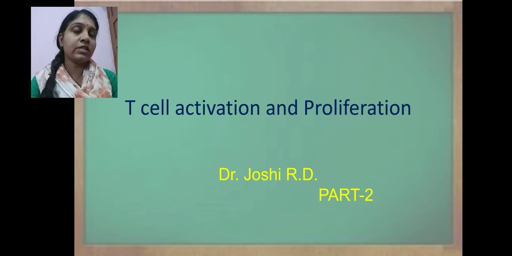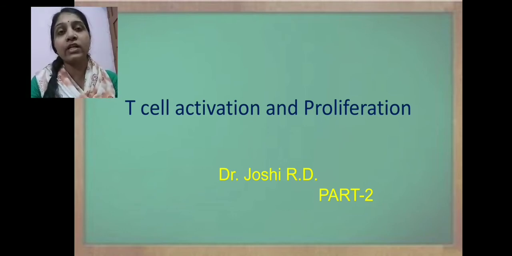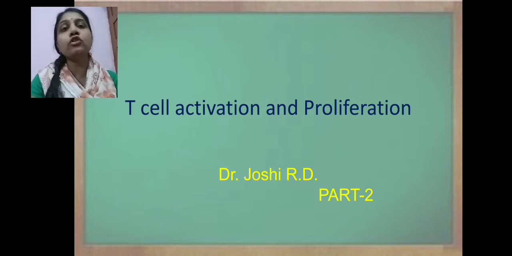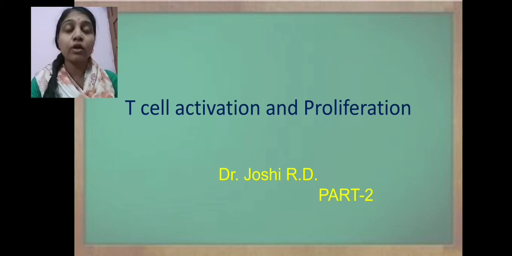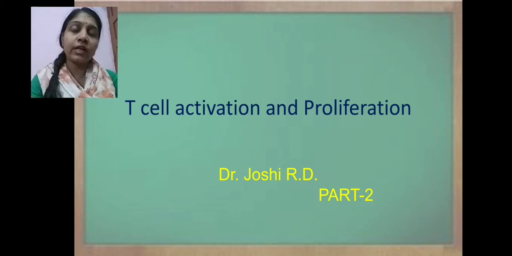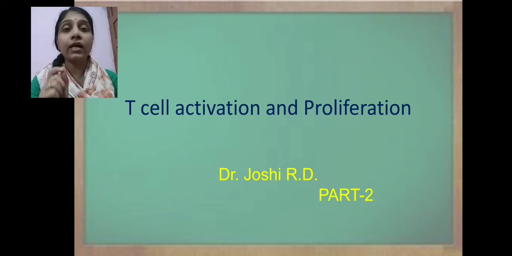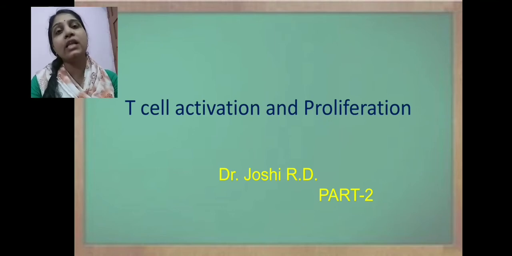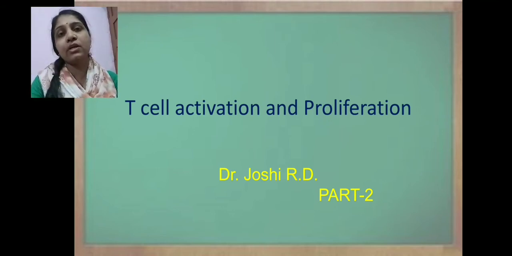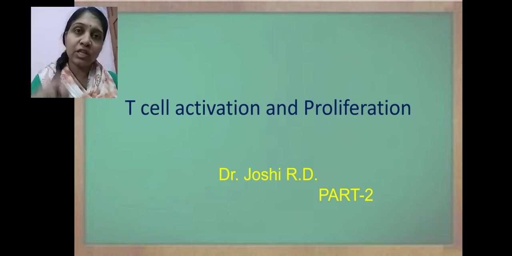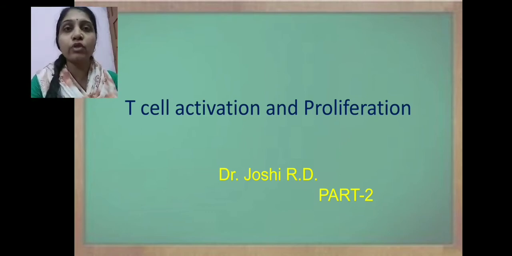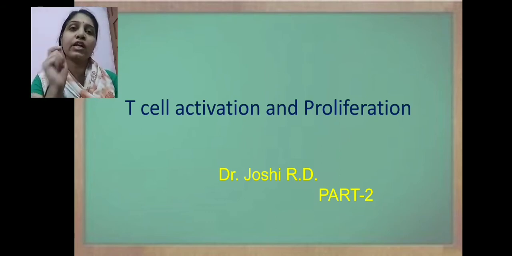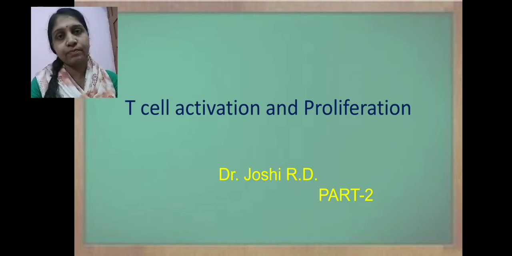Now, in the previous lecture, we already discussed how the maturation of these T lymphocytic cells occurs within the thymus. That is, there is the proper education of the T lymphocytic cells to identify the antigens. The first education given to the T lymphocytic cells is about the proper development of the T cell receptors. This T cell receptor is the major receptor present on the surface of these T lymphocytic cells, and it interacts with the MHC molecules.